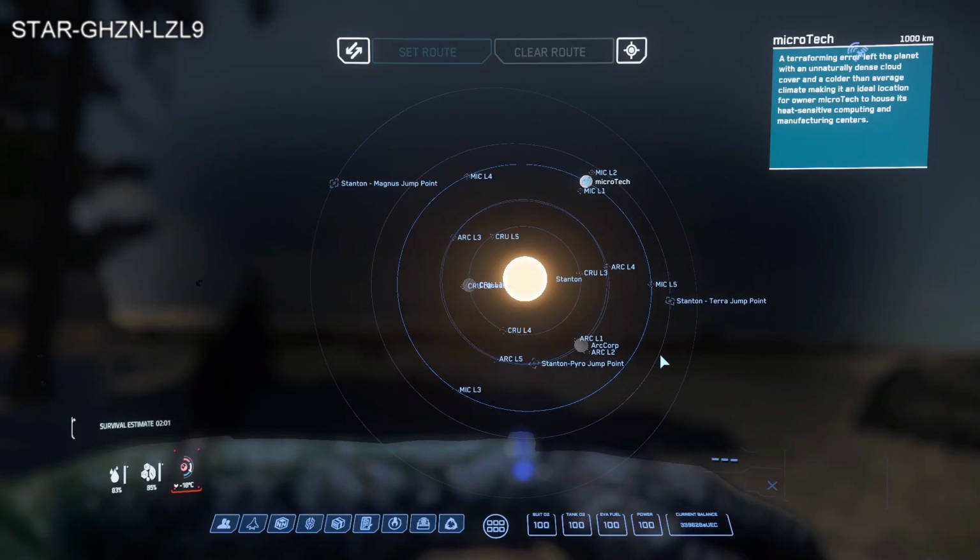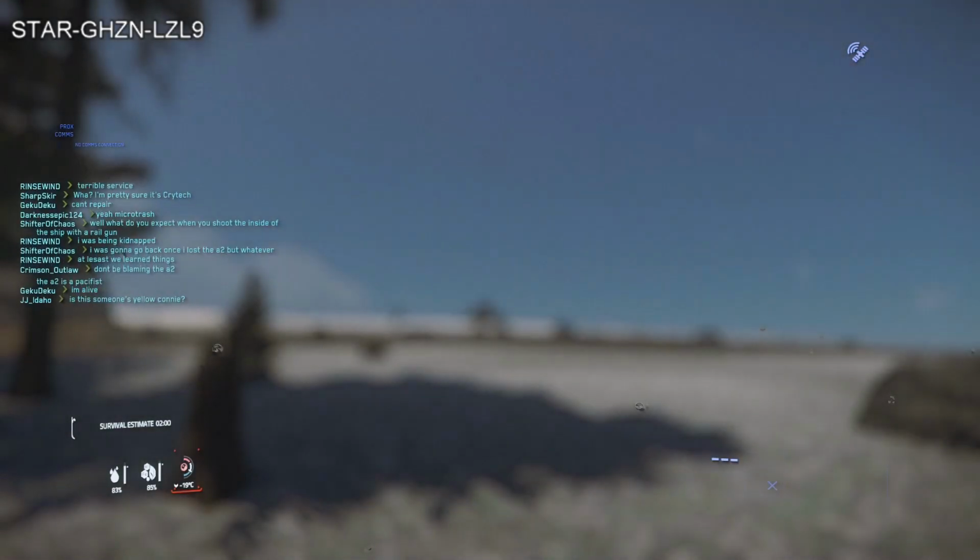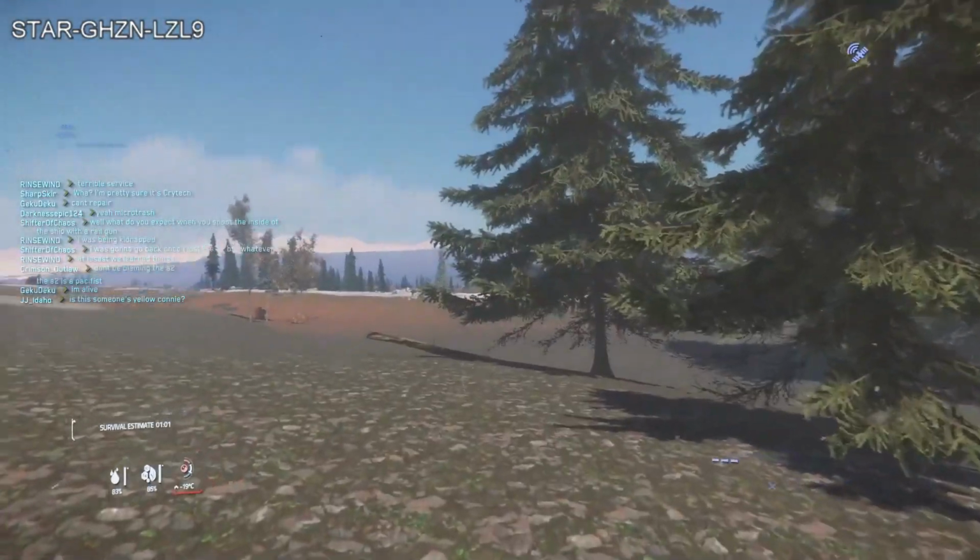So I think I'm going to go. I was going to go to Pyro because it's the first one we're going to be exploring when a new system comes out. But it's farthest. You know what? That's what I'm going to do. I'm going to go to Pyro. I'm going to check that out. But first, I hit the wrong button. First, I'm going to go to a